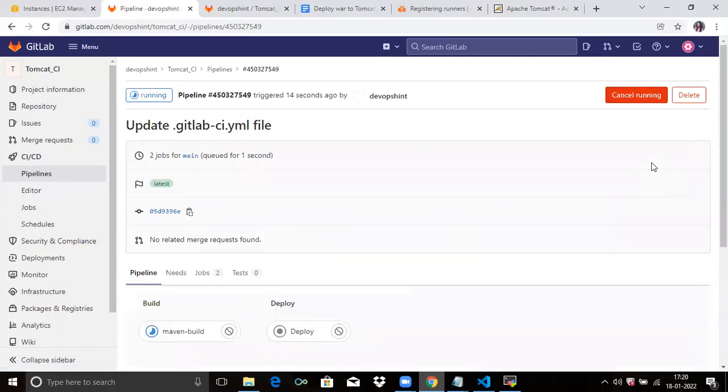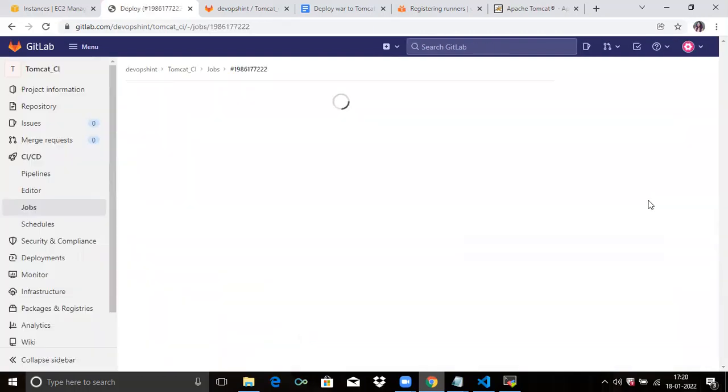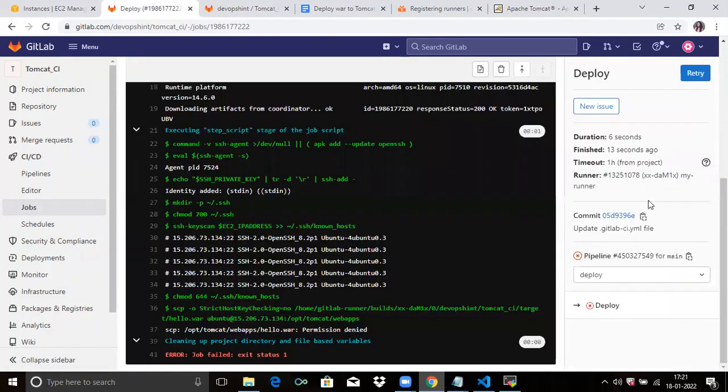Now wait for a few seconds. Our first stage build is running. That means our first job is running. So you can see here our second job, deploy, has failed. So let's check. Permission denied. So you need to give the permission for this particular directory, /opt/tomcat/webapps. So let's run the command